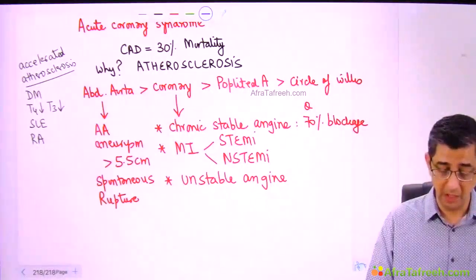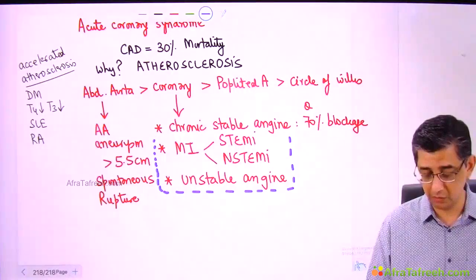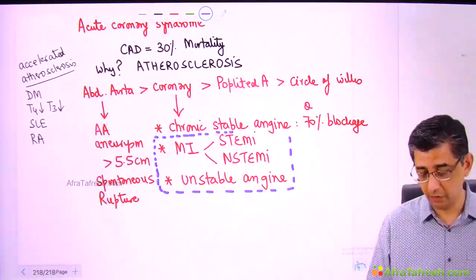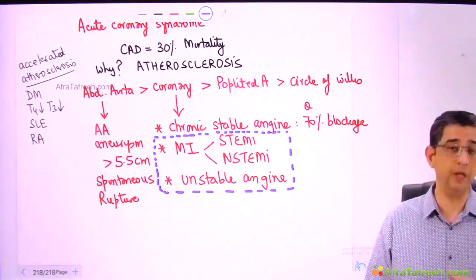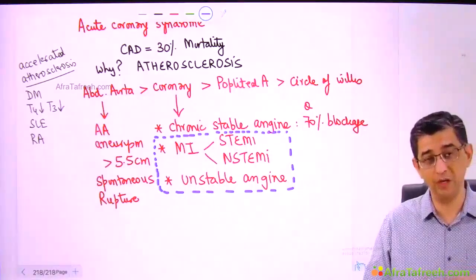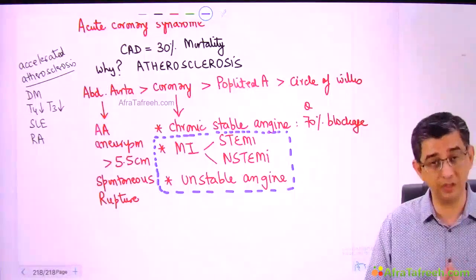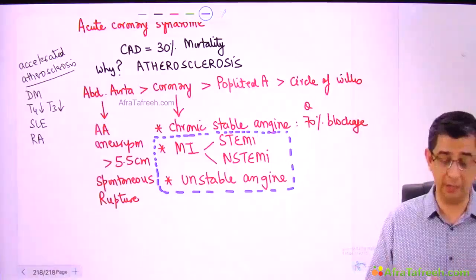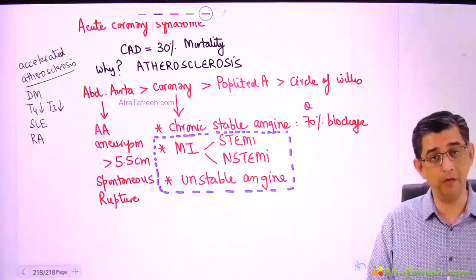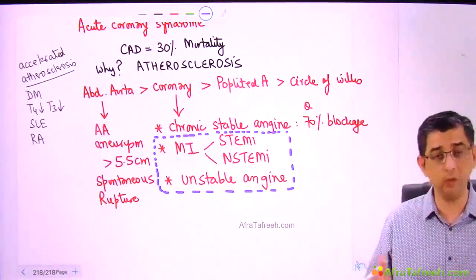unstable angina. And at this juncture, I'm also using this opportunity to mention before you the three differentials of the main topic that we're going to discuss, that is acute coronary syndrome. You see, at the moment, I'm being broader and more generalized in perspective by teaching you blood vessels which can be involved due to atherosclerosis per se. But atherosclerosis can cause multi-vessel involvement. I mean, a single patient could be having an abdominal aortic aneurysm, and the same guy can have an MI complication also, or it might be two different patients.